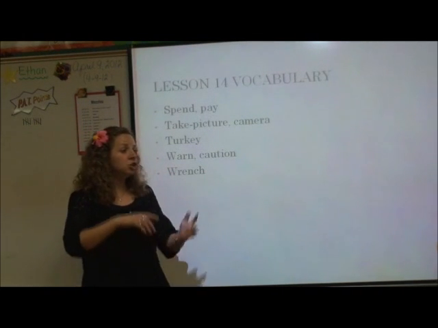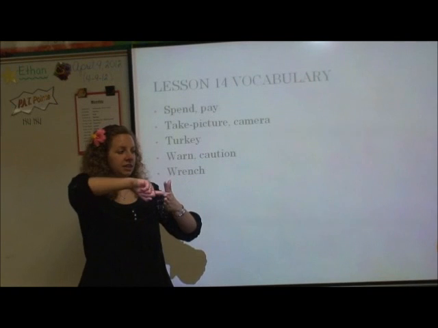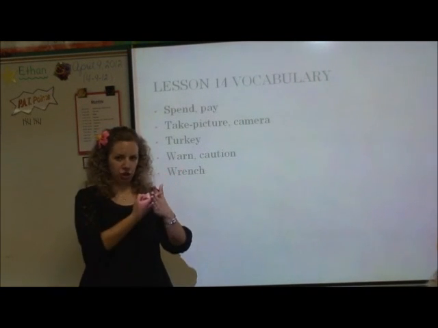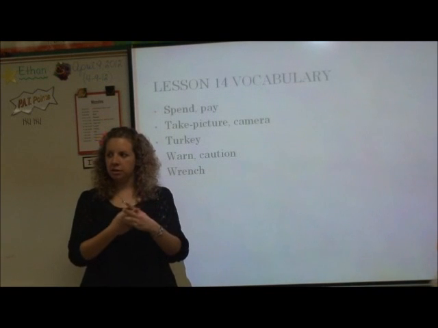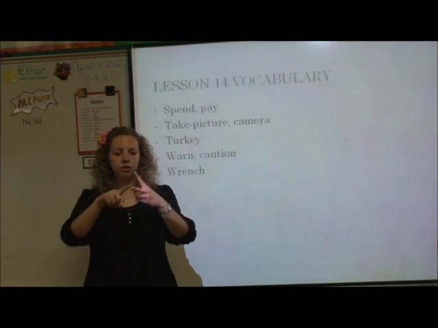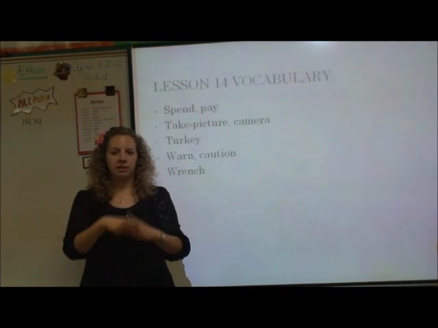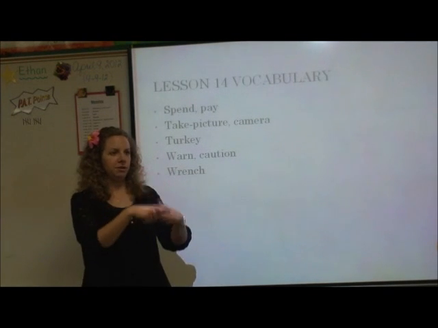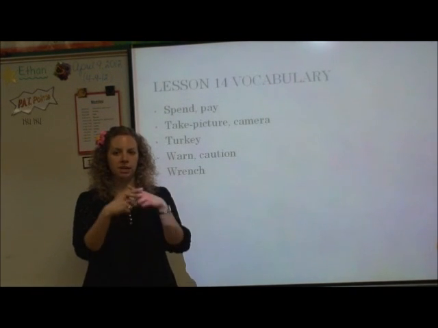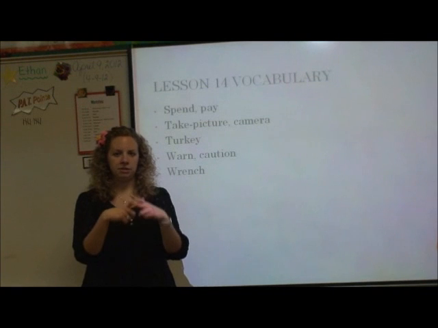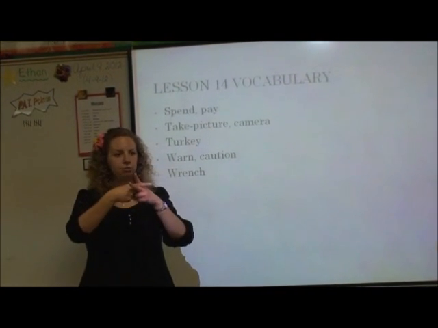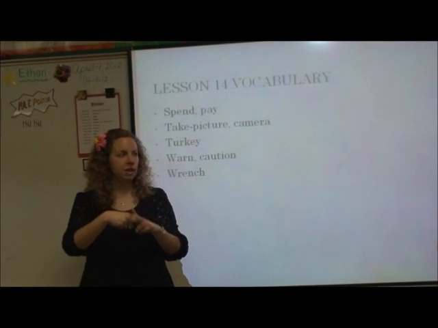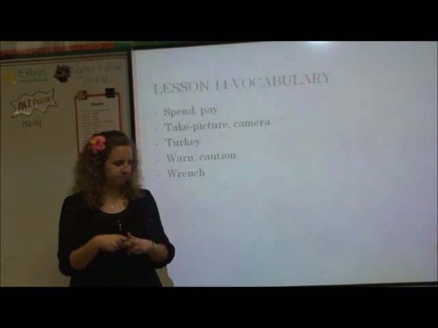Start is with your whole hand open like this, like putting the key in the ignition and turning. So start. But wrench is going to be with a 2, put it all the way like that, and then you're shaking your non-dominant hand more, up and down like that. It's kind of the idea like this is the pipe, and then you put the tool on here and use it that way. Wrench. Okay.